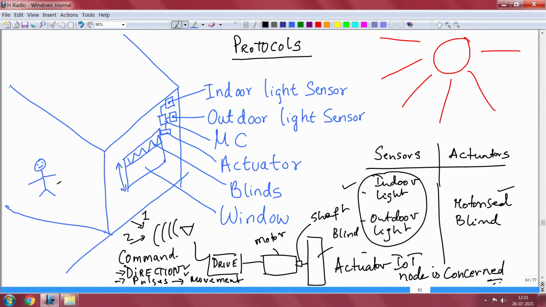How do you do all this? Can you get into building all these things all by yourself? No, IoT has a full module. IoT supports you in terms of exchange of messages from one system to another system in a proper engineering way. There is a structured way by which you pass these messages, and all this system is looking for is messages from indoor sensor and outdoor sensor. If it gets that, it knows what to do, correct.